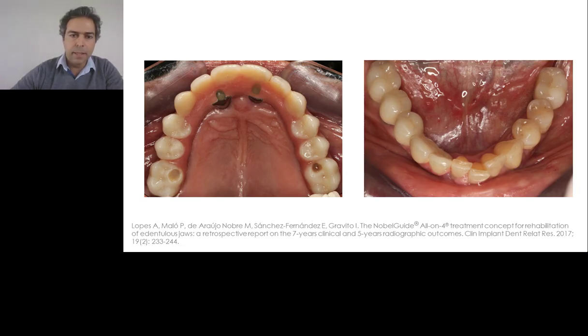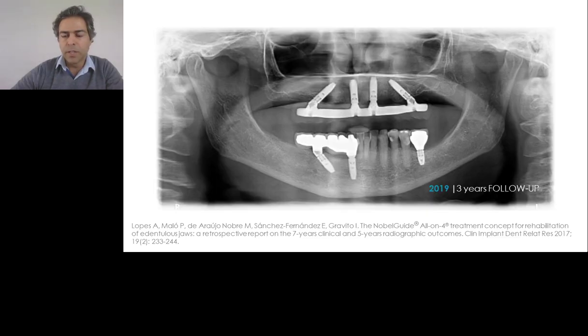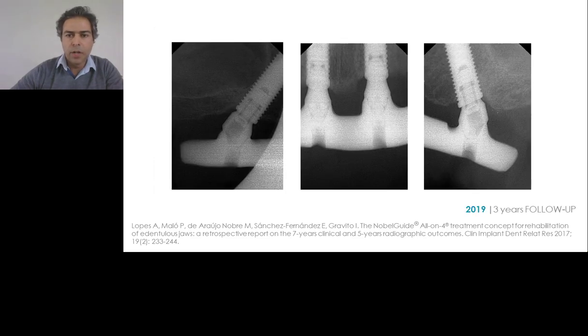The best implant distribution and a very nice final outcome here, already with a 3-year follow-up radiograph showing, I would say, the long-term behavior of this type of rehabilitation. You can see here the periapical radiographs with 3 years follow-up as well. And again, we can see good bone stability and good bone behavior around these implants in function for more than